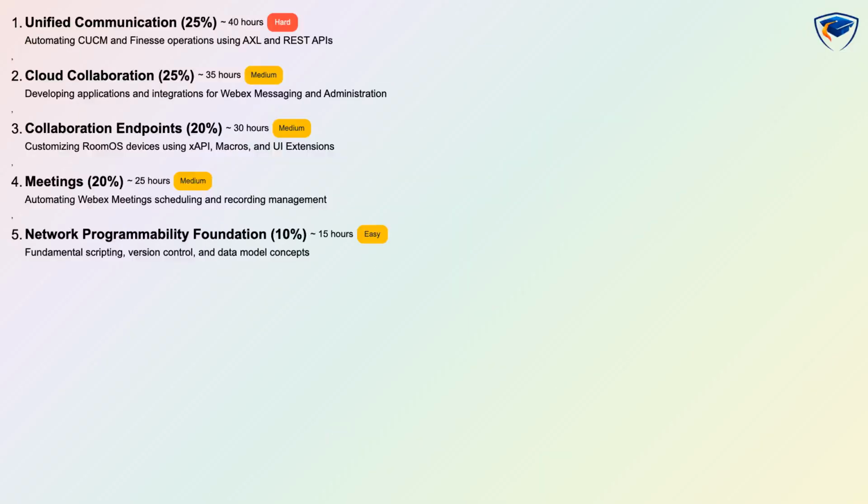Overview of the CLAUTO blueprint shows 5 domains with exact weights. Unified communication is 25%, cloud collaboration is 25%, collaboration endpoints is 20%, meetings is 20%, and network programmability foundation is 10%. The recommended study time across all domains totals about 145 hours, and the exam blends hands-on tasks, scenario-based questions,